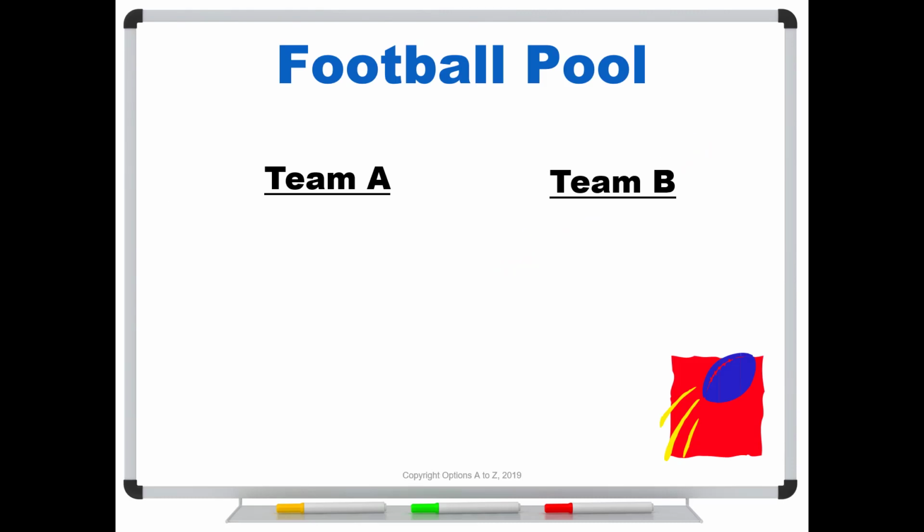So to keep it simple, let's say that you're in an office with one other person. Yeah, it would work with a bigger office, but to keep the math simple, we're just going to assume that there's two of you. Every week you're going to participate in a football pool. Team A versus Team B, you get to take your picks. We're also going to assume that Team A and B each week are equally likely to win. So what's going to happen in the long run?